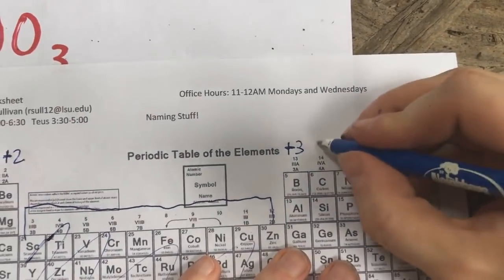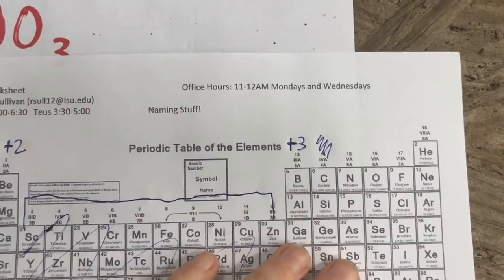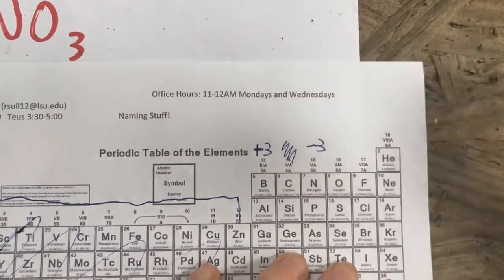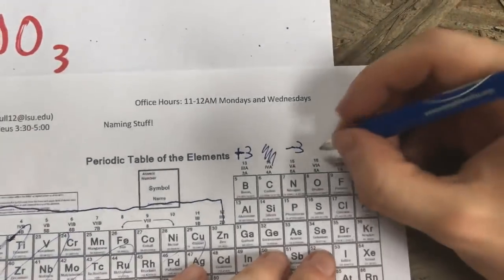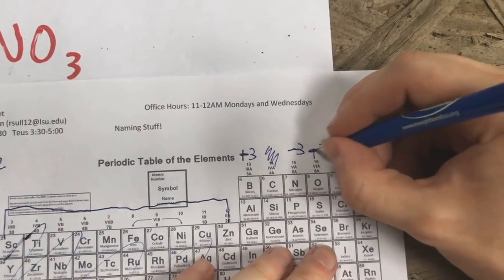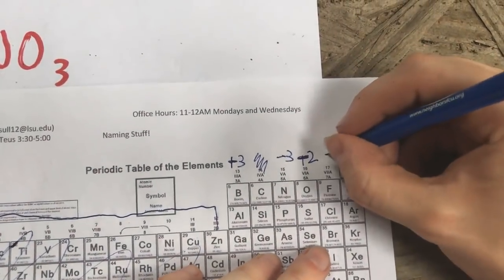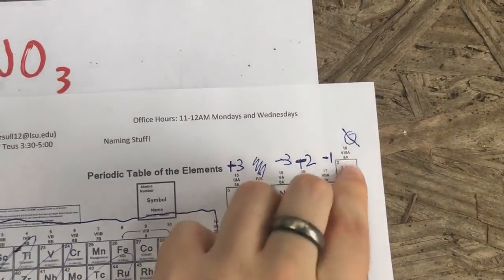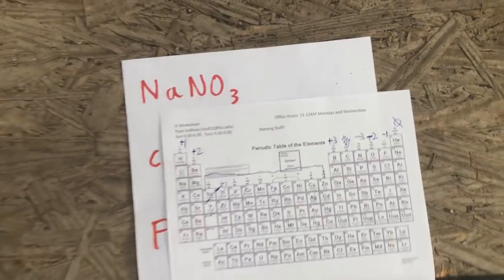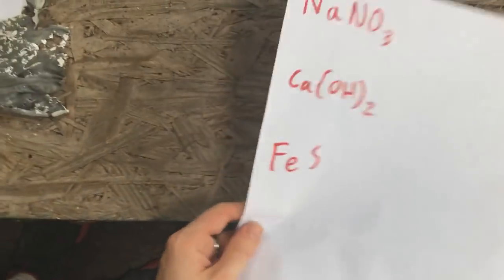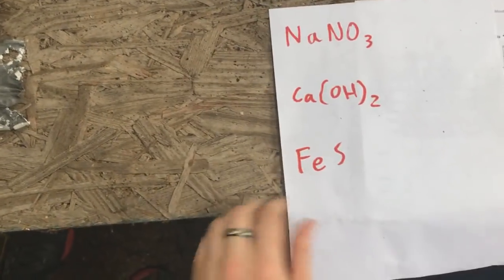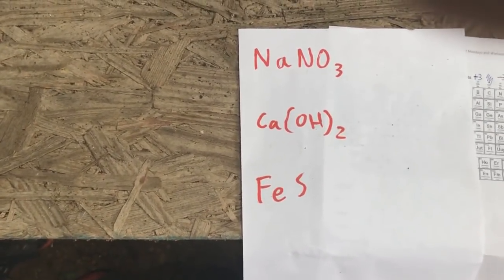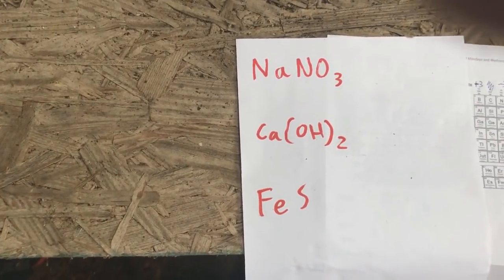The column with carbon, we're going to skip that for now. This column is -3. Then -2. -1, and then lastly, the column with all the noble gases has a charge of 0. Okay? So, if we want to name NaNO3, we need to know first those charges, and then the other very